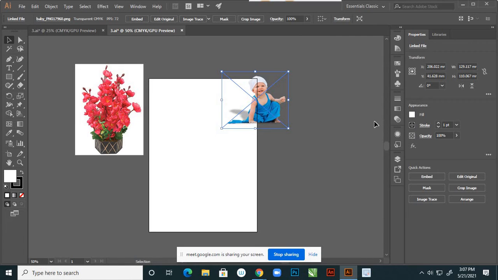And if you save that file after importing all the images, and you don't include the linked files in the saving options, then if you take that file to another computer, you cannot open it properly. So I'll show you. So this is linked. See, here it is showing linked file.